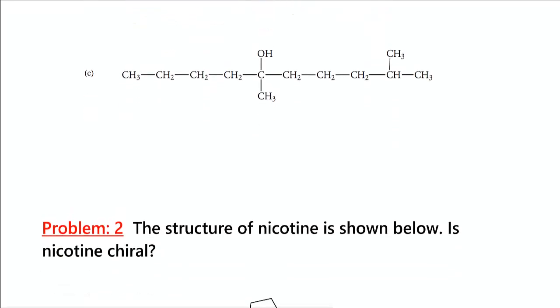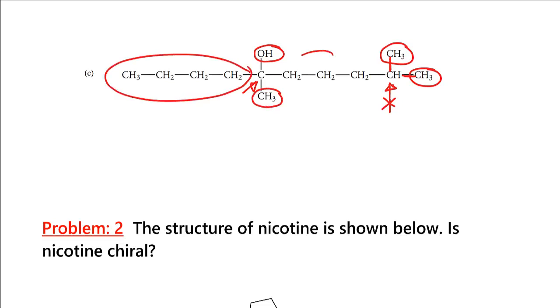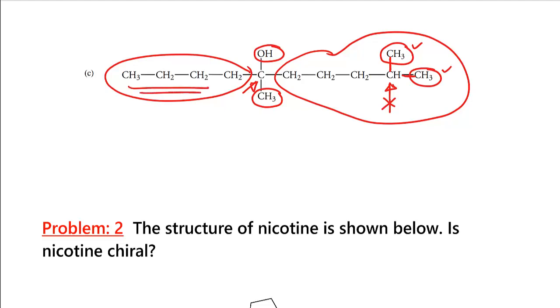What about this molecule? It looks like in this case this carbon and this carbon are 2 different chiral carbons, but that is not so, because for this carbon we have a CH3 group attached, and this carbon also has a CH3 group attached. So 2 groups are same, so this is not a chiral carbon. But for this carbon I have an OH group and a CH3 group, and this side is necessarily 2 different groups, because here I have a carbon that contains 2 CH3 groups, and on this side we don't have any carbon that contains 2 CH3 groups, that is, branching is not there. So this carbon is a chiral carbon.